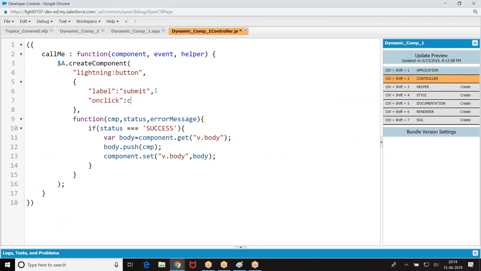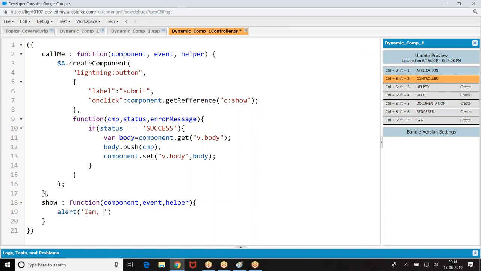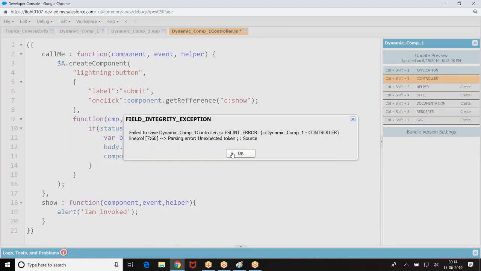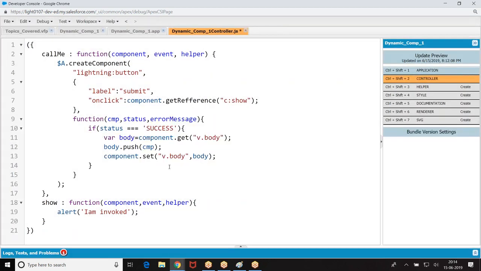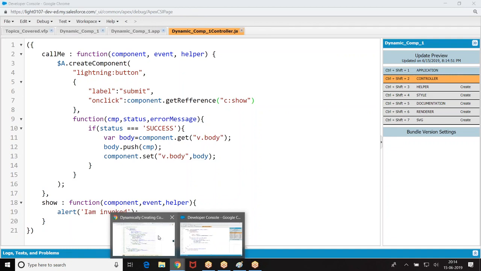Onclick. Component.get c. There was an unexpected token semicolon. It's an attribute, right? Reference spelling, double F.